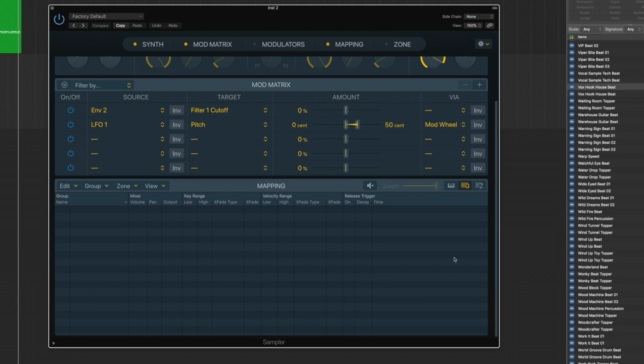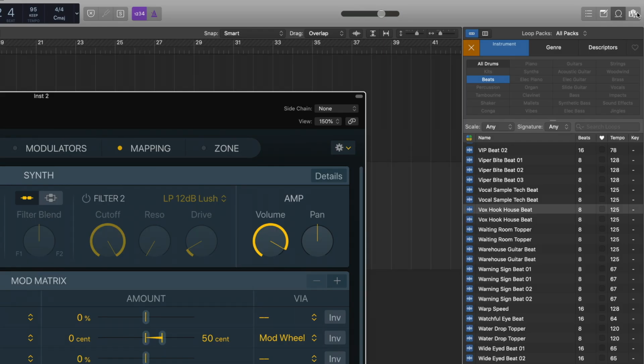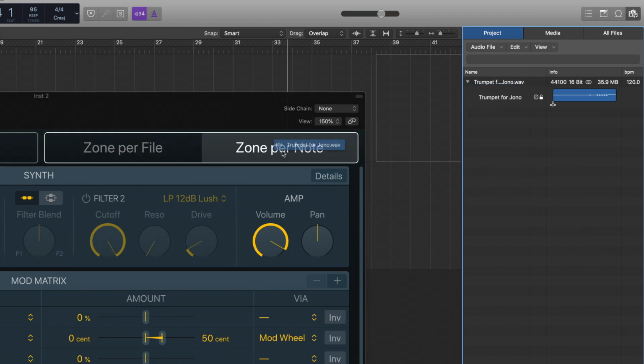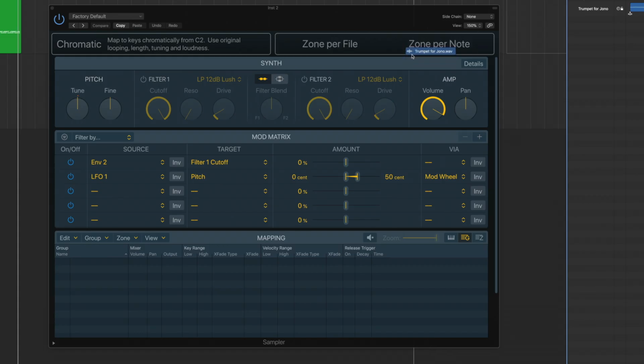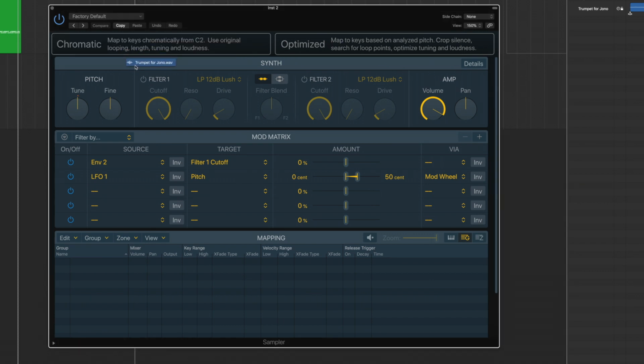But what's also new within this main sampler is the same sort of intuition that we saw in Quick Sampler. If I come into my main area here, I've got a trumpet sample, and if I bring this in to drag and drop it, what I have a chance to do again is to either use a more traditional chromatic style mapping, or I can use the optimized automatic mapping, including the option to create a single zone per individual